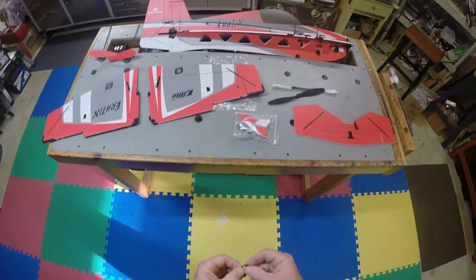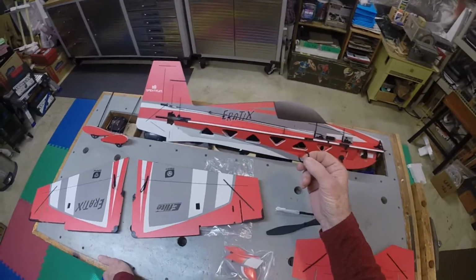So, here's an interesting little thing. This motor